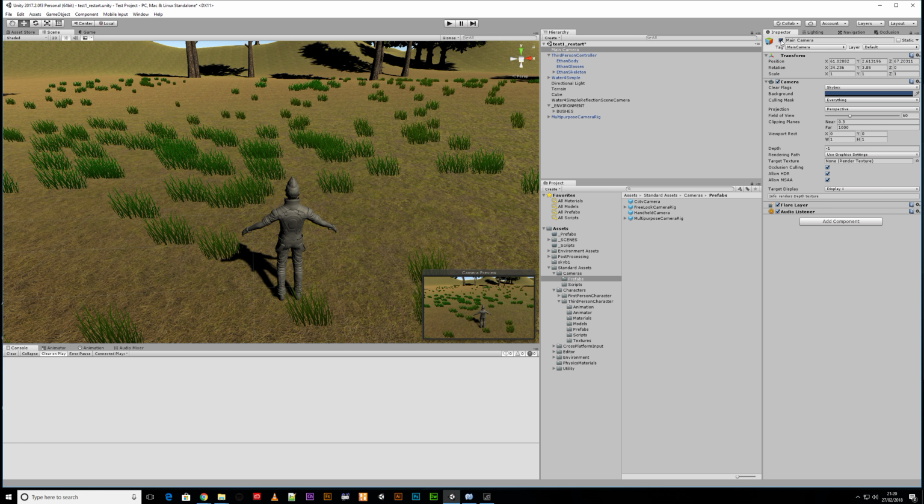I'm just going to disable the main camera. That little tick box is whether a game object in the hierarchy is active or not. Let me give you an example of that. So for example, if I